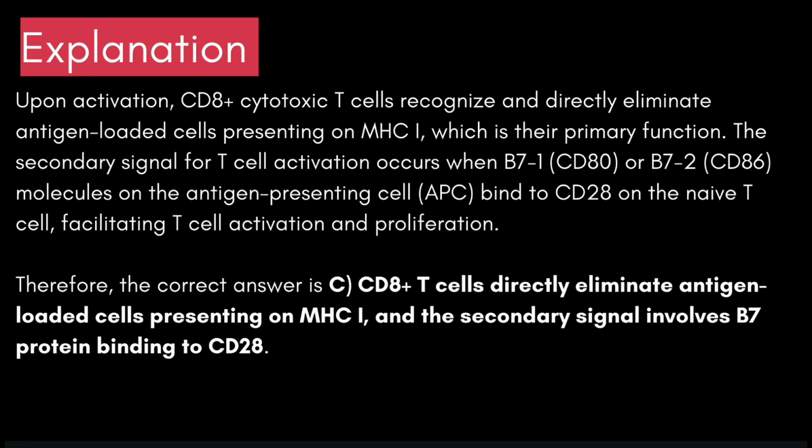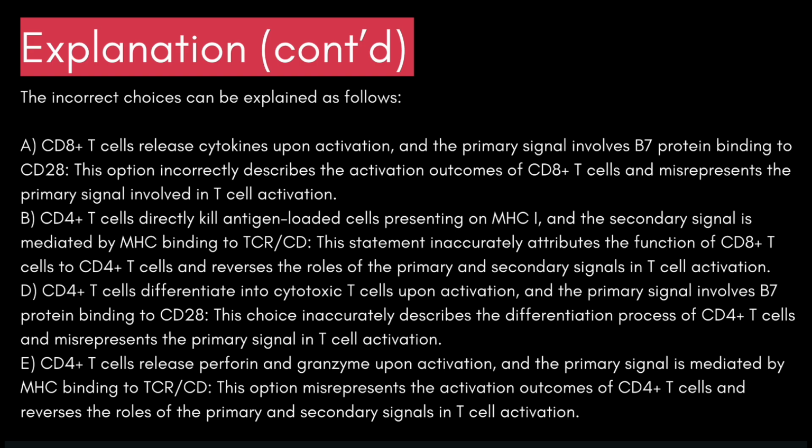CD8 plus T cells directly eliminate antigen-loaded cells presenting on MHC1, and the secondary signal involves B7 protein binding to CD28. Let's go ahead and see why the other answer choices are incorrect. CD8 plus T cells release cytokines upon activation, and the primary signal involves B7 protein binding to CD28. This option incorrectly describes the activation outcomes of CD8 plus T cells and misrepresents the primary signal involved in T